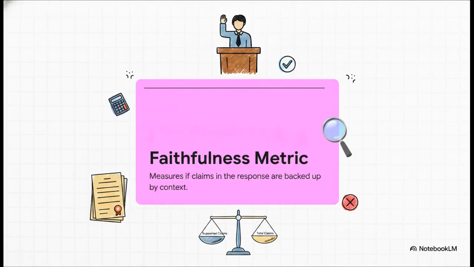To answer that, let's look at our first metric, faithfulness. Think of faithfulness like a witness under oath in a courtroom. It is highly rigid and incredibly specific. This metric measures the exact proportion of claims in the AI's response that are strictly, unequivocally backed up by your retrieved context. If the AI generates unsupported claims, this score tanks immediately. Why? Because it just strictly checks the math. It takes the number of supported claims, divides it by the total claims made, and that's it. It doesn't care how beautifully written the answer is, or even if the made-up fact happens to be true out in the real world. It only cares if the AI stayed within the bounds of your documents.